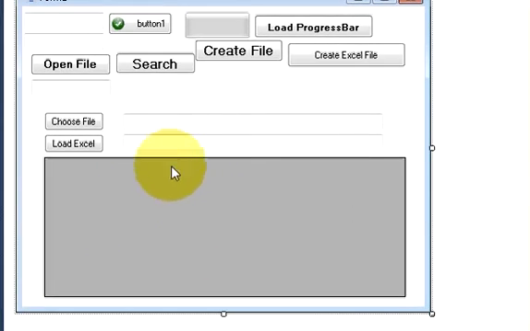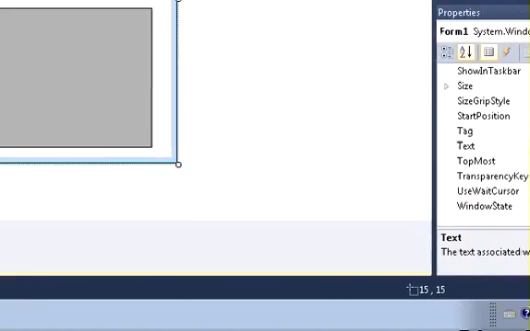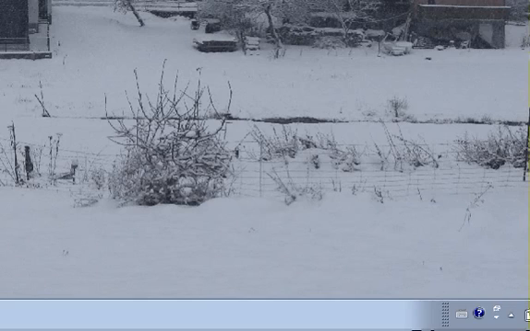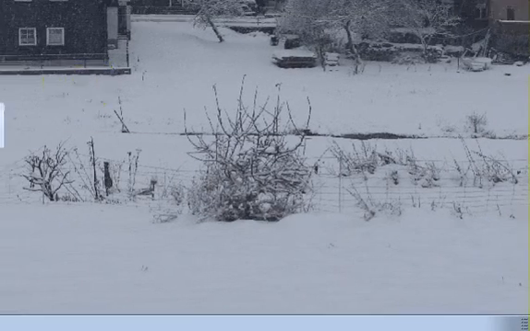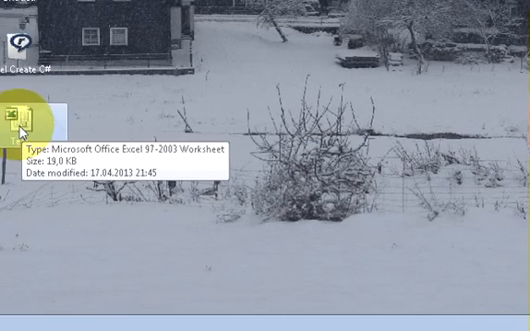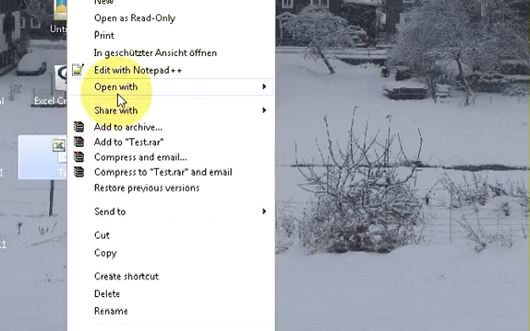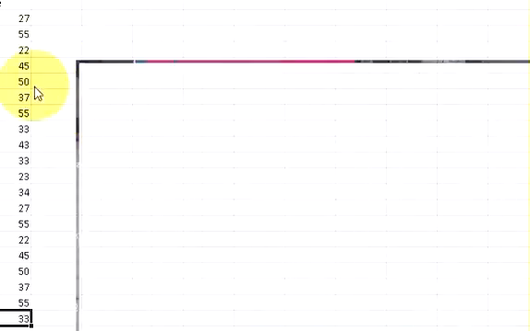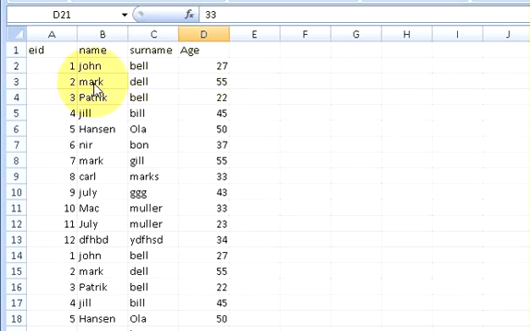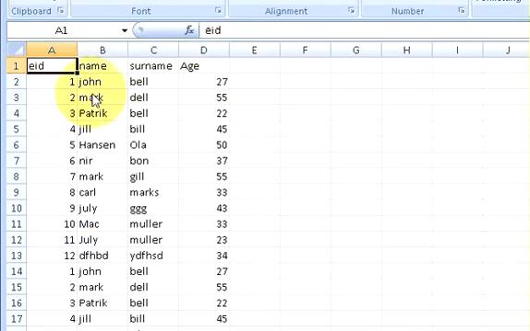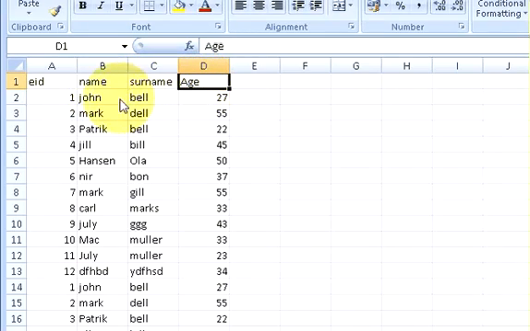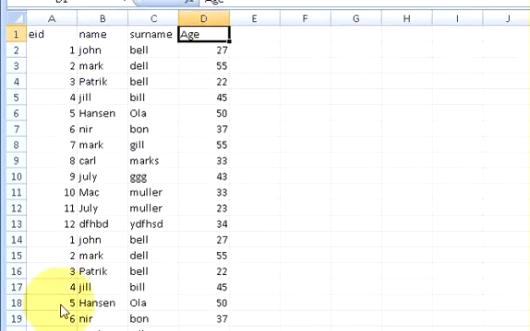So first of all, let me show you the Excel file which I'm using. I have this test Excel file here, and when I open it, I have some data here which has EID, name, surname and age, and some data for that. Okay,